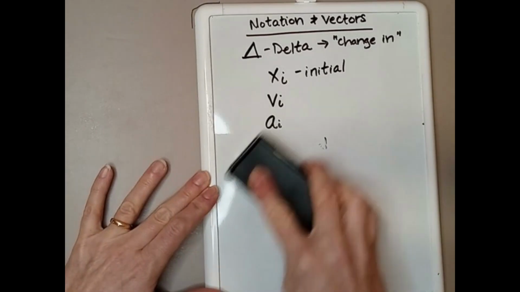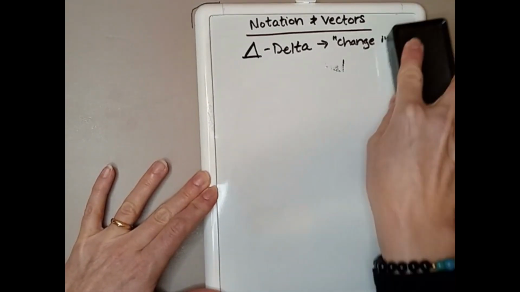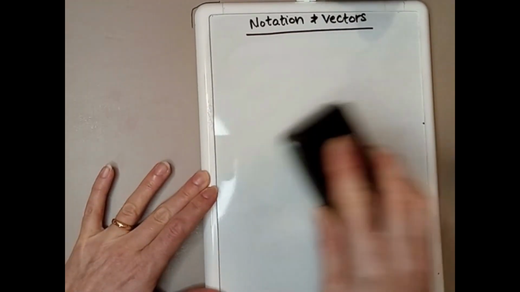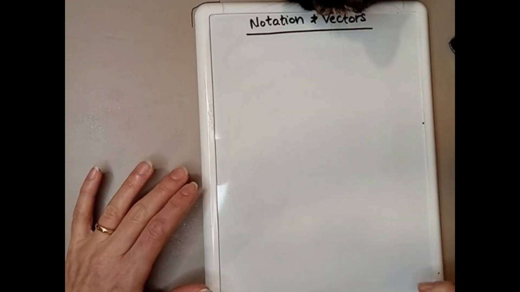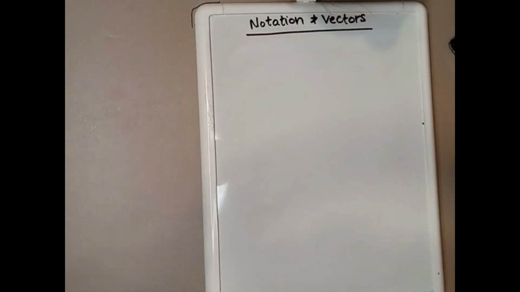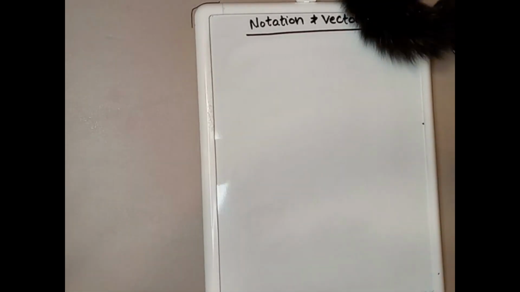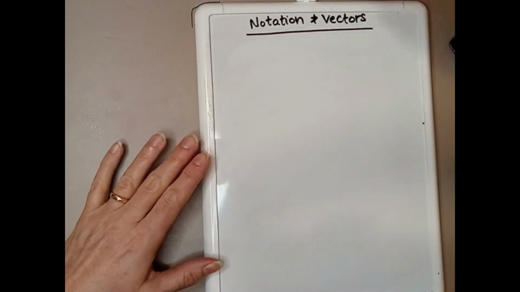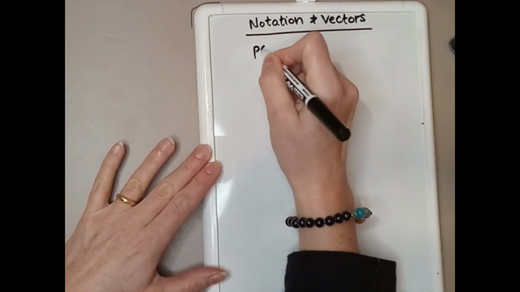All right, so we have our change in quantity. That's our delta. So that is going to lead us into what is known as derivatives. So a derivative is a quantity that you obtain from some other quantity. You do a manipulation on it, say from position. You can get velocity from your position. You can derive velocity from your position. Same thing with acceleration. So what we're going to do, we're going to start with our position x,